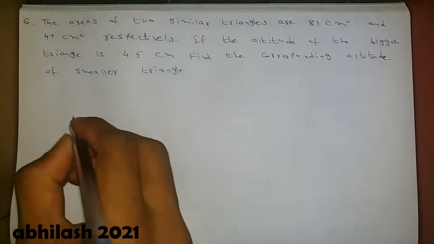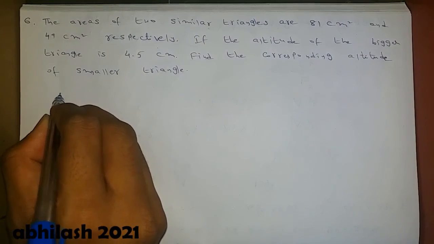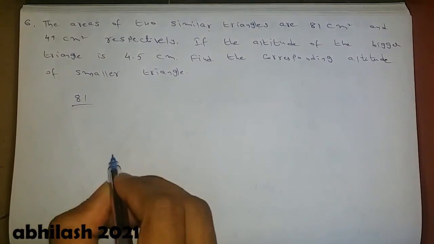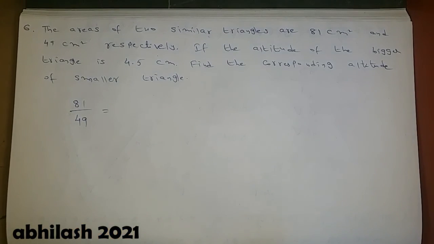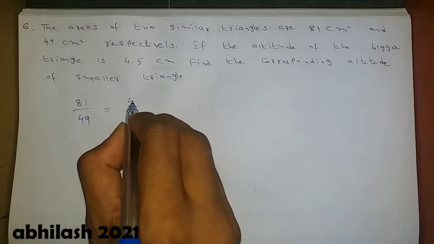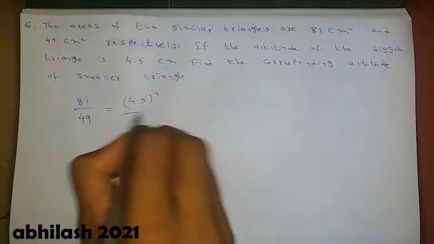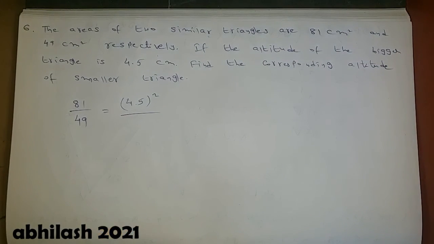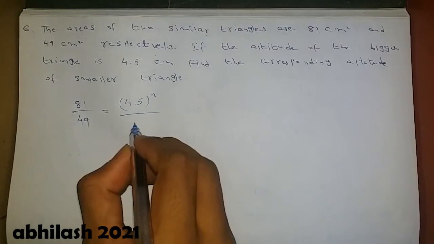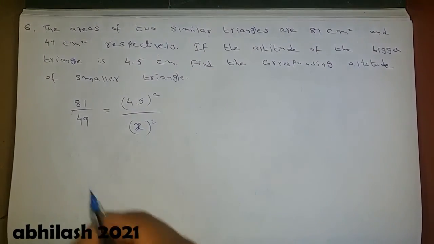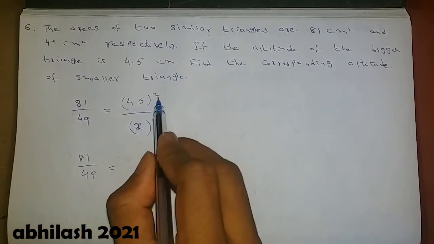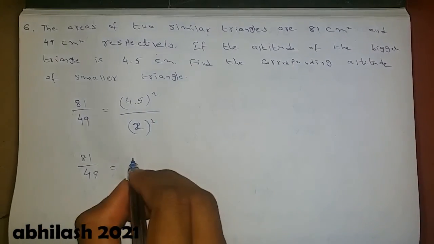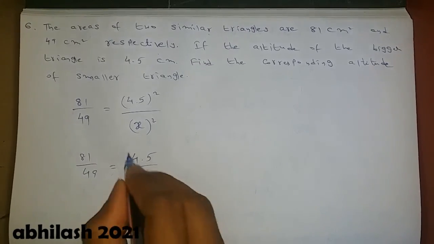Same again, the area of the first one, that is 81, divided by the area of the second triangle, 49, is equal to the square of the first triangle's altitude, that is 4.5 square, divided by the altitude of the second triangle, which we don't know, so x square. Now 81 by 49 is equal to 4.5 whole square divided by x square, which can be written as 4.5 by x